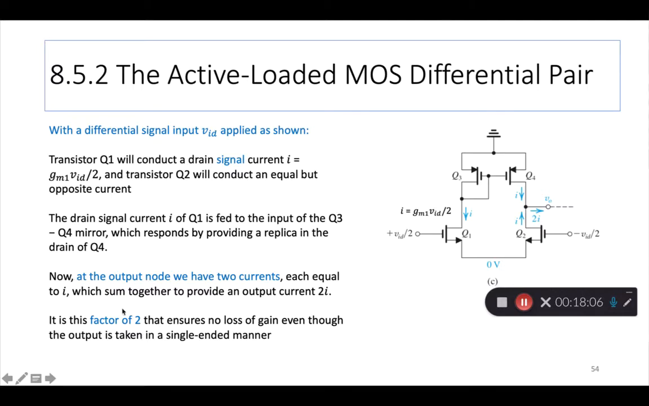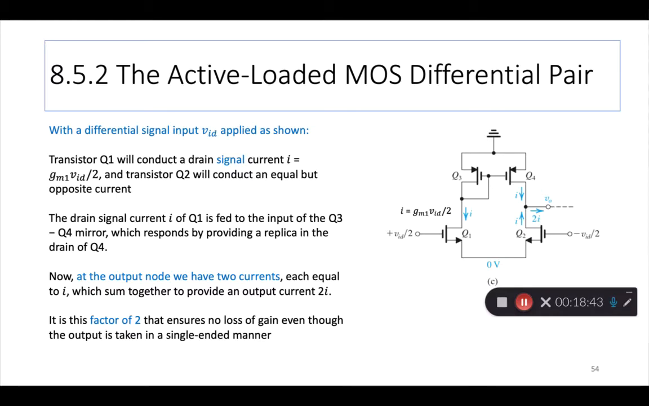So it is this factor of 2 that ensures no loss of gain, even though the output is taken in a single-ended manner. So even though you are taking the output Vo as only Vo with respect to ground and not as the differential Vo, you still get the full gain because this circuit is able to give you twice the current into the load. Okay? So that is the logic that tells us that